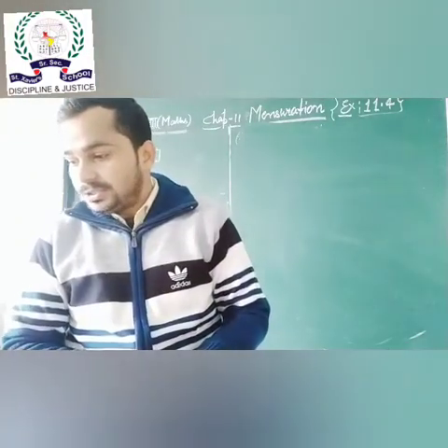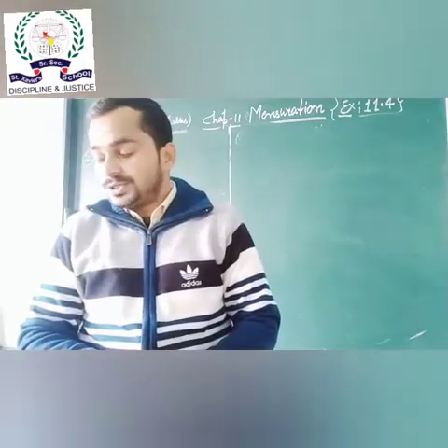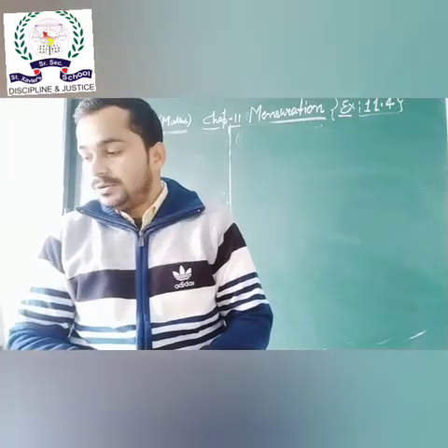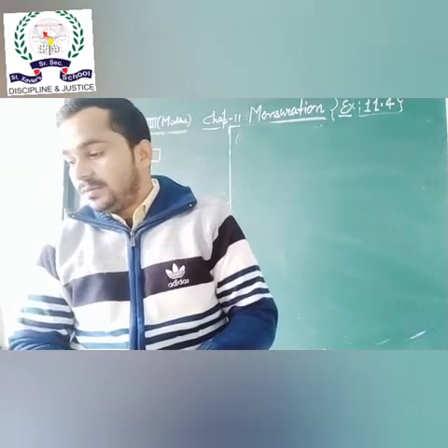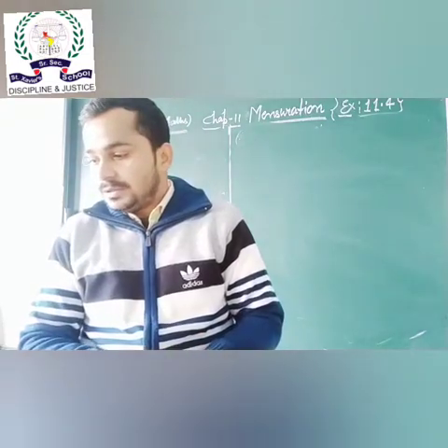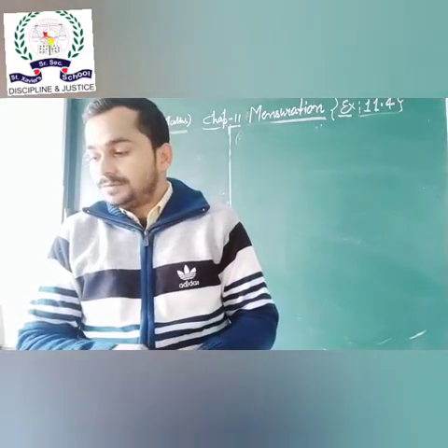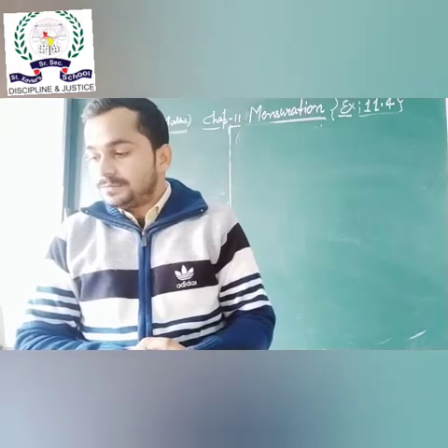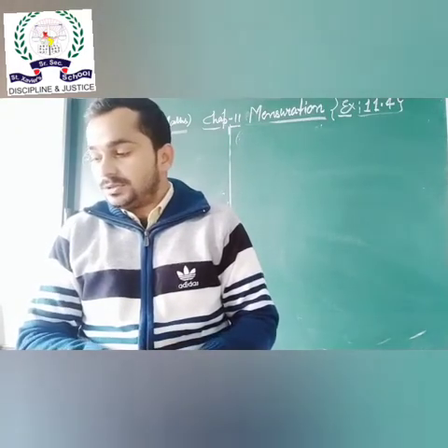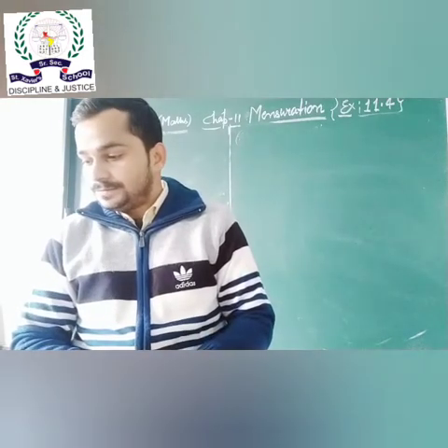Now question number 6. Surface area is given 4150 centimeter square of a cuboid. The length and breadth are given. Find the height. So you have to solve the question by yourself. Apply the formula of value of TSA of cuboid, then put the value of TSA and length and breadth. So you have to find out the height of the resulting cuboid.